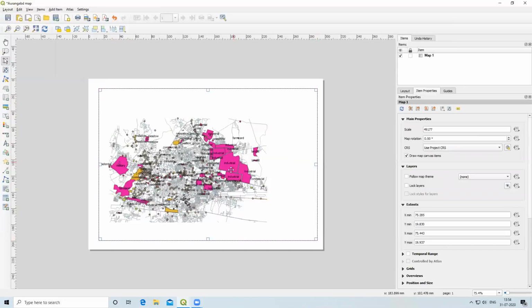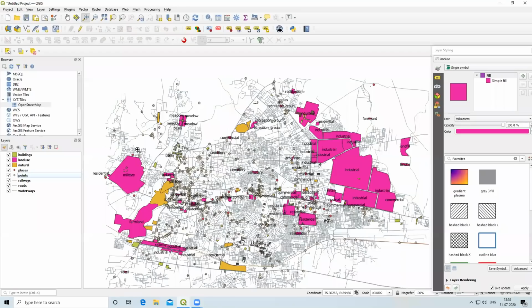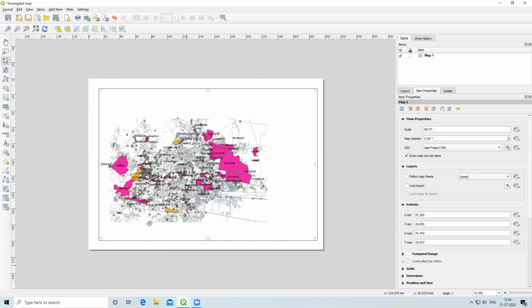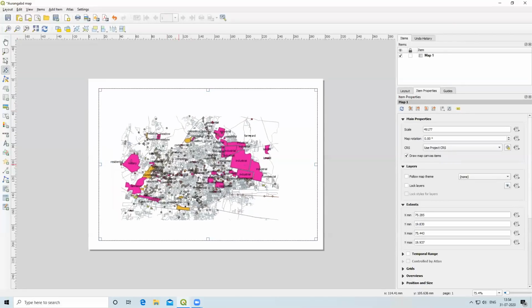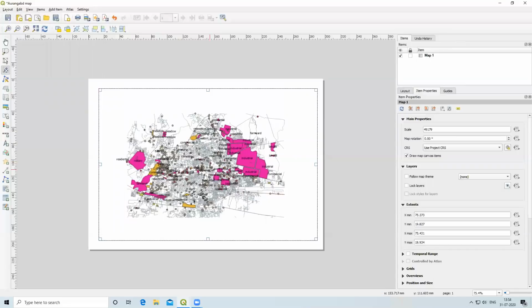Now my map is added here. This is our map. I added it here. Now the Move Item Content option is there. I will select it and I will move the map. Wherever I want, I can move. I am moving it to the center.